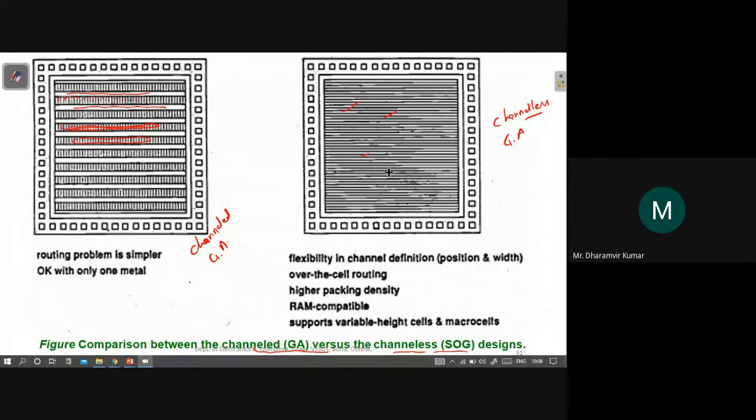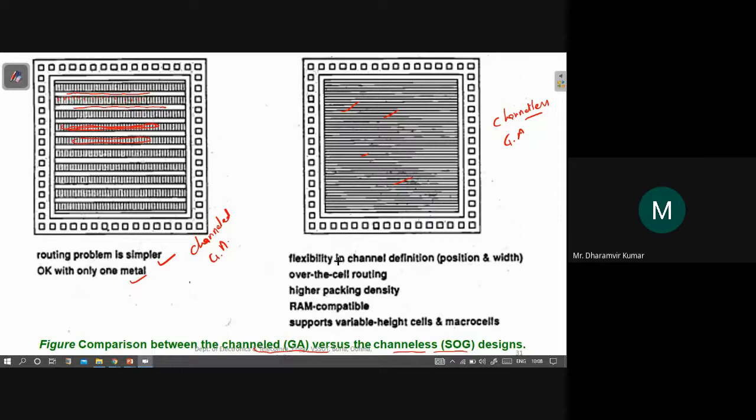Everywhere only transistors. But in a circuit, only transistors means what? We should have some sort of wiring facility also in order to connect different transistors. So in turn, these transistors are used for performing the interconnection between different transistors. So here the routing problem is simpler, with only one metal layer.